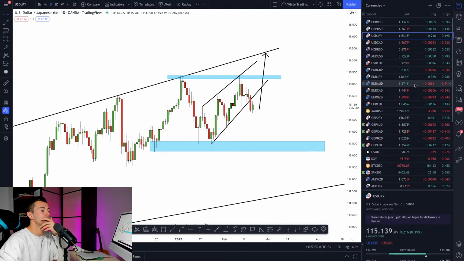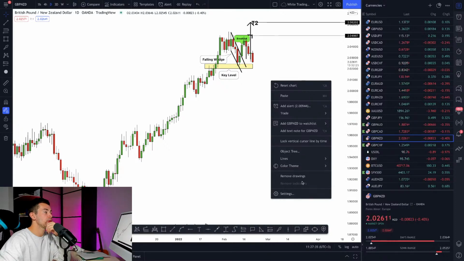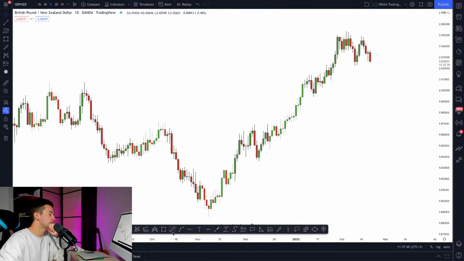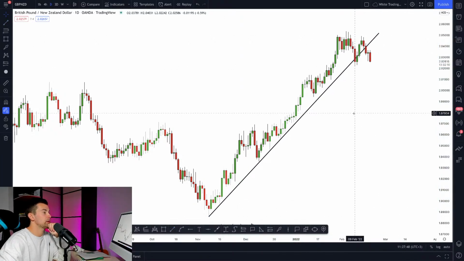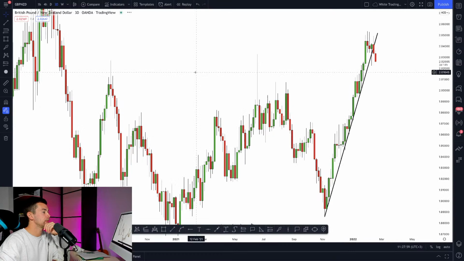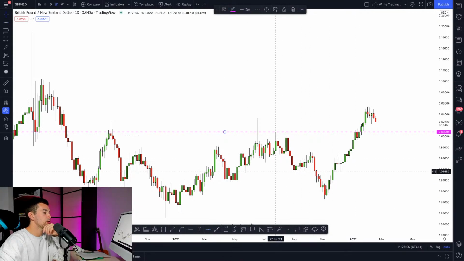Pound New Zealand is very tricky. Even though I was very bullish biased on Pound New Zealand, the problem is that we got a breakout of a trend line right here. The pair was following a major rising trend line, quite a strong one. You can see that this trend line was broken to the downside, and the price no longer respects it. It is quite a bearish clue, I would say. So for now, I believe that we can go lower.